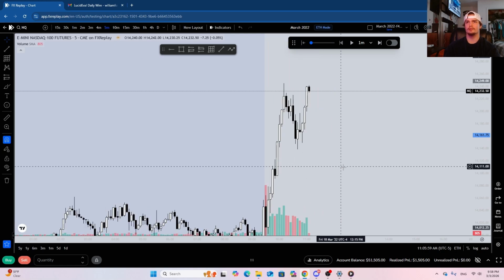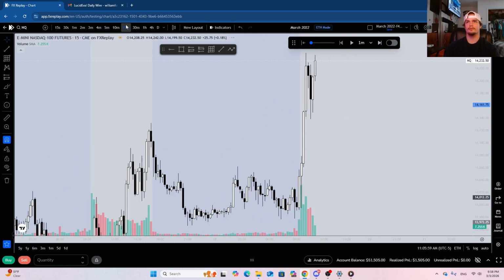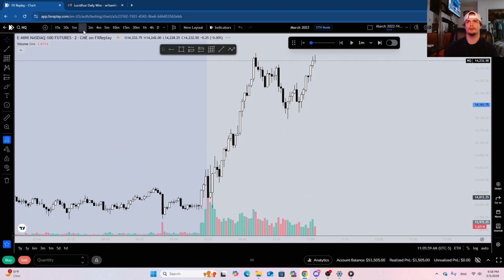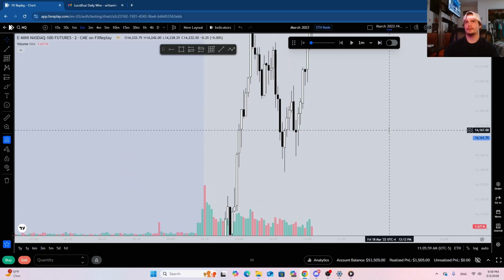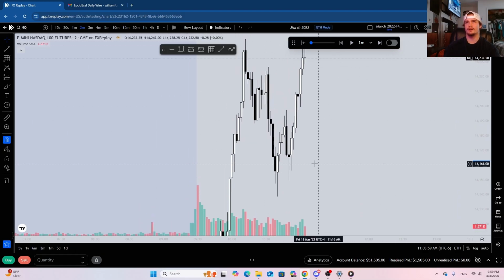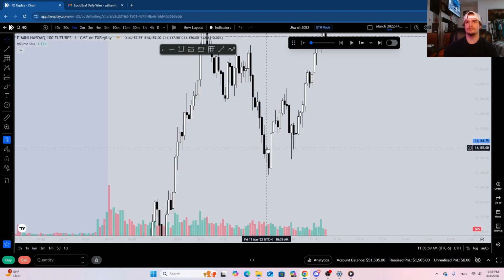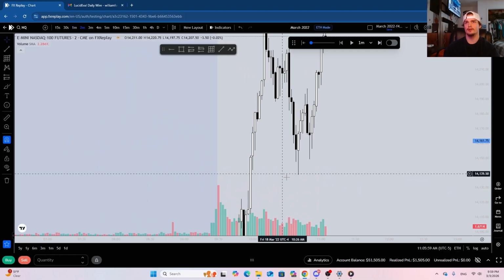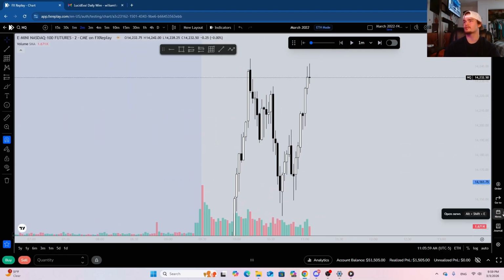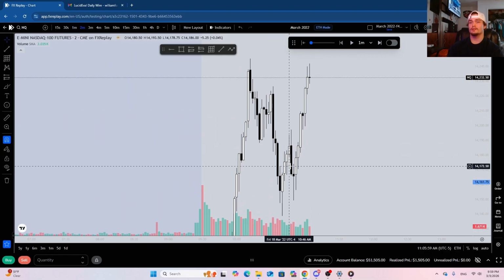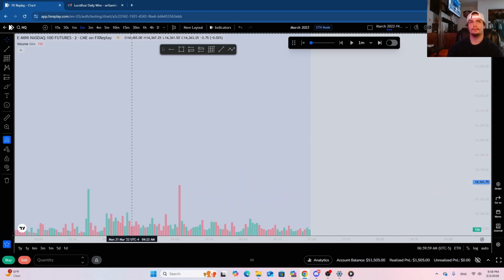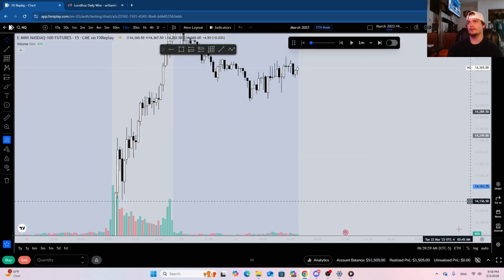Is there any possible entries? Nothing on the 5 minute. I guess this 15 minute we did come in here, and yeah, we did inverse this, but I don't like the way these candles formed. I guess the one trade you could have taken was this 1 minute inverse right here, but at the same time, we had this 2 minute right above. So yeah, it's just a no-go. So no trades this week. It's currently the 18th. We'll go to the next session. I've not taken a lot of trades this month.